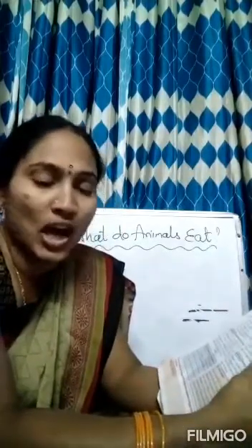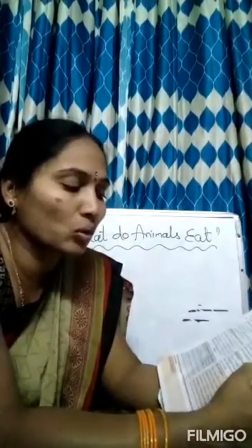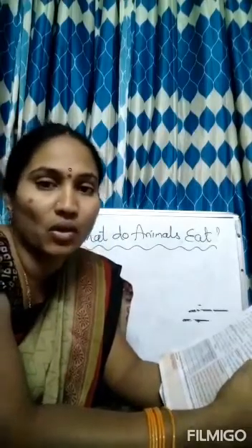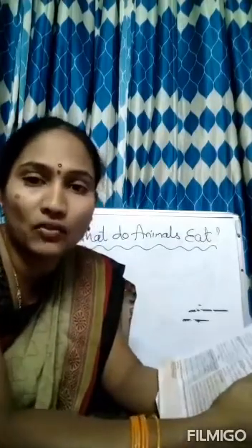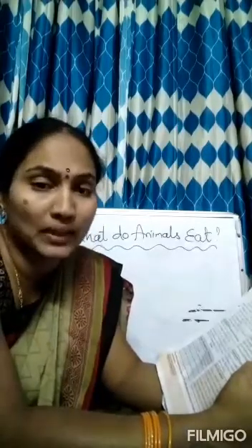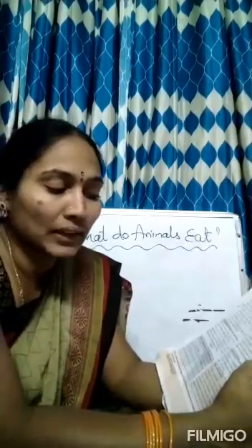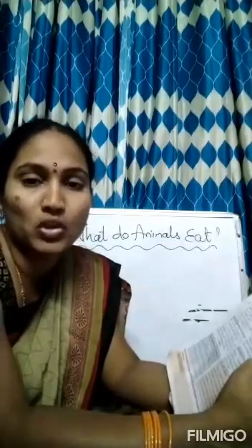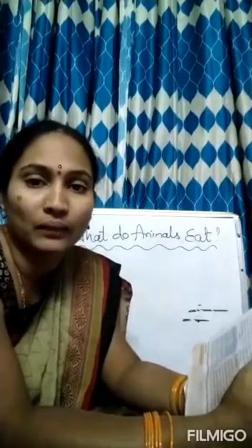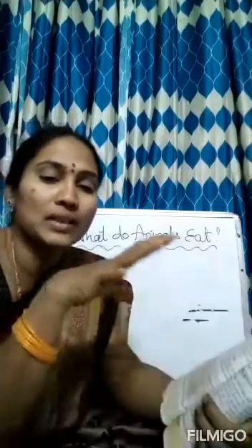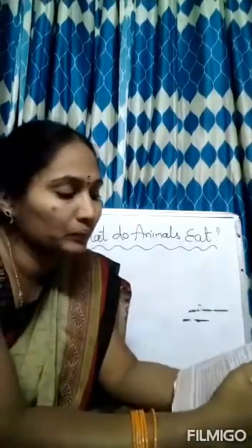Vultures would need sharp claws along with strong hooked beaks to tear flesh. So already we have studied that vultures eat the flesh of other animals. For that, not only the hooked beaks, they also need sharp claws, to hold the animal. To hold the animals they need sharp claws, and to tear they should have a strong beak.